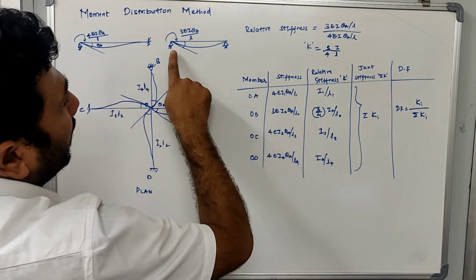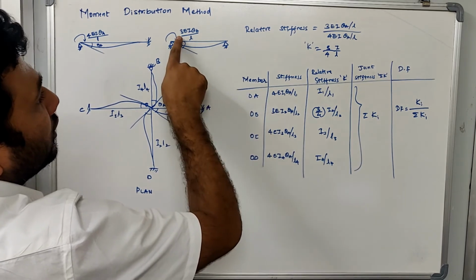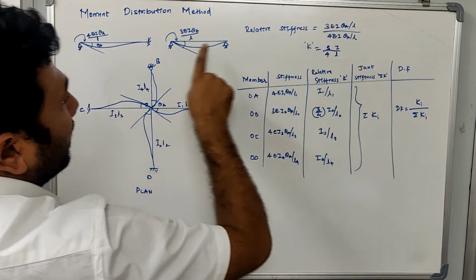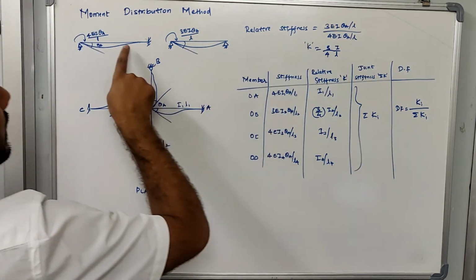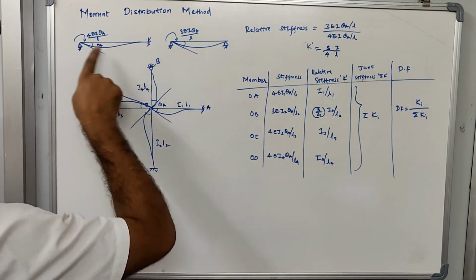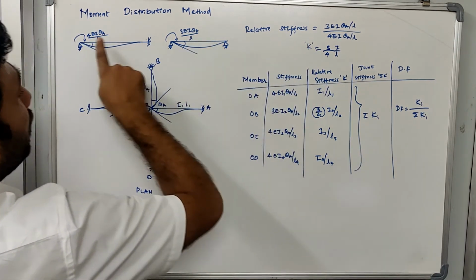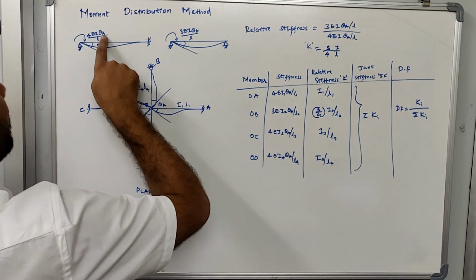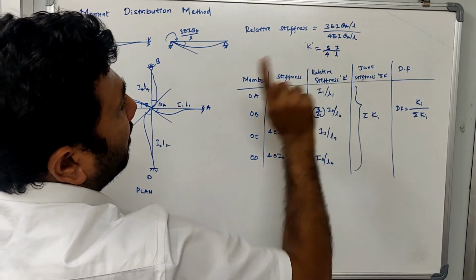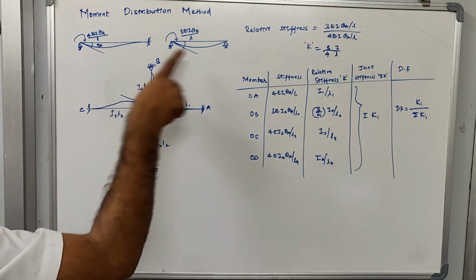Okay, so what is the moment or the stiffness with the far end as pinned, which is equal to 3 EI theta A divided by L. Okay, 3 EI theta A divided by L, and it should be divided by the stiffness value with the far end as fixed, which is 4 EI theta A divided by L. So I'll take the ratio of these two, which is 3 EI theta A divided by L over 4 EI theta A divided by L. So my stiffness value is 3 by 4 I by L. Okay, now if I take the ratio of this by itself, it will become I by L.